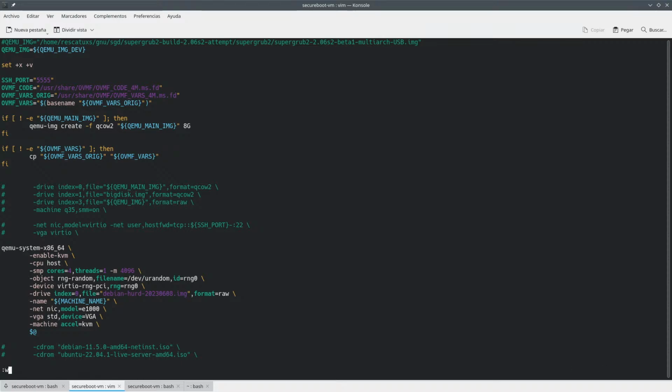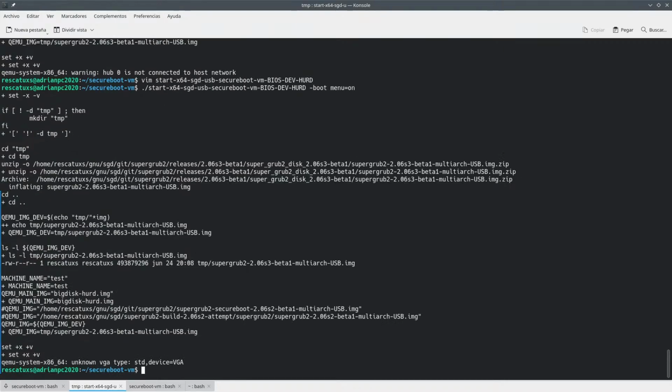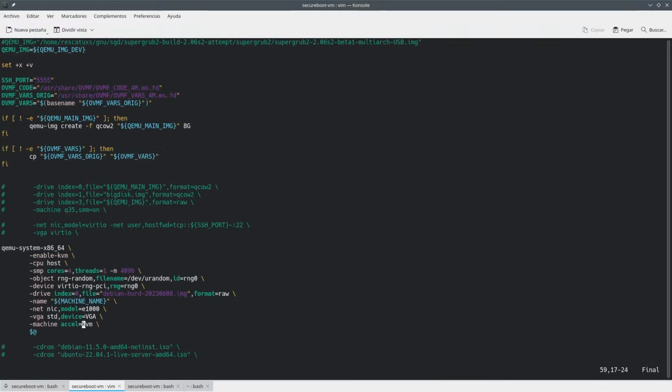I'm not sure about this. Let's try with this, and then PIIX for ISA otherwise PCI, legacy free PCI variant. Oh, we can use STD device. I don't know if this is properly done.